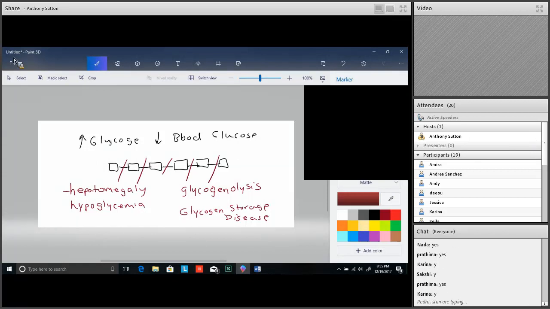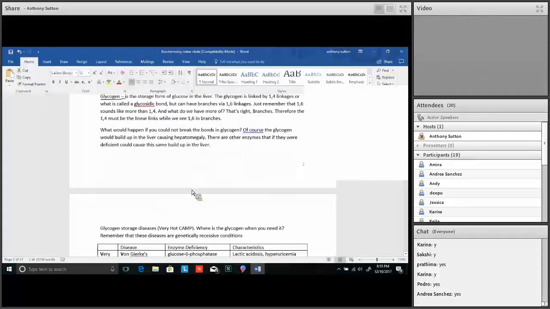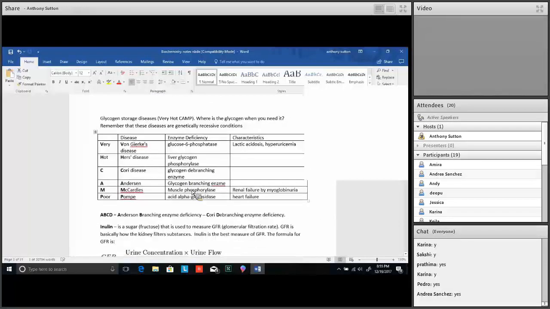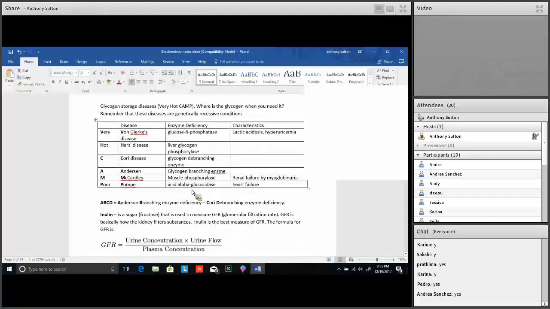Okay, everybody got that? Well, you may not believe me, right? I don't think y'all believe me yet. You don't believe me, so I got to prove it, right? That's okay. I don't mind proving it. Let's take a look at this. So I came up with this mnemonic, called Very Hot Camp. Anybody heard of this mnemonic? Very Hot Camp. Okay? Now let's take a look at it.